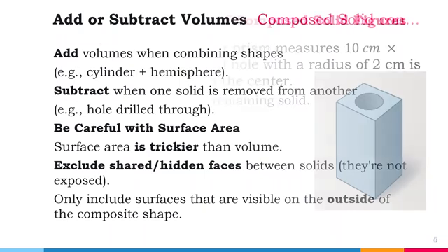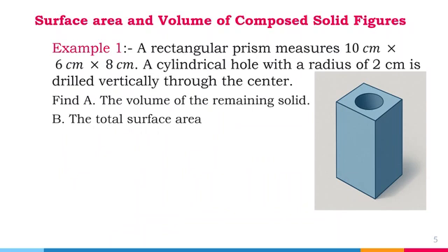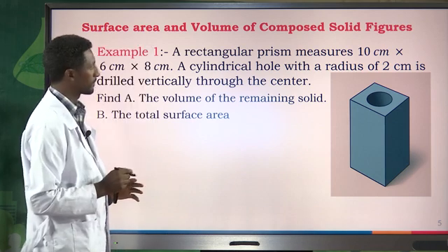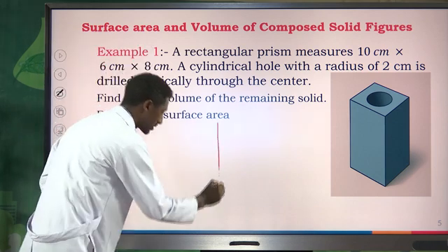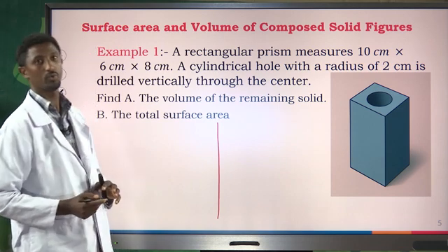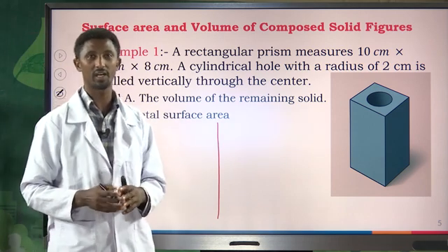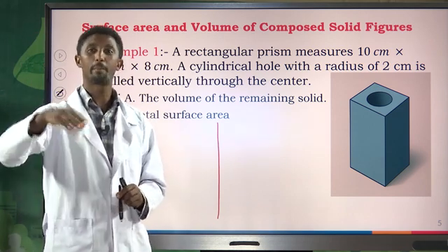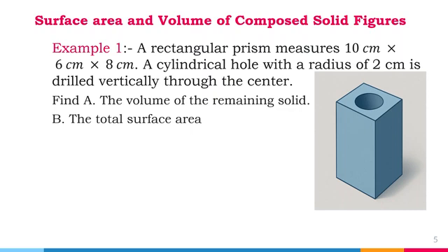So how can we compute the volume and surface area of this composite solid figure? Now look, to find the volume of this composite solid figure, since some part of the prism is drilled out, which is a cylinder, the volume of the remaining solid equals the volume of the prism minus the